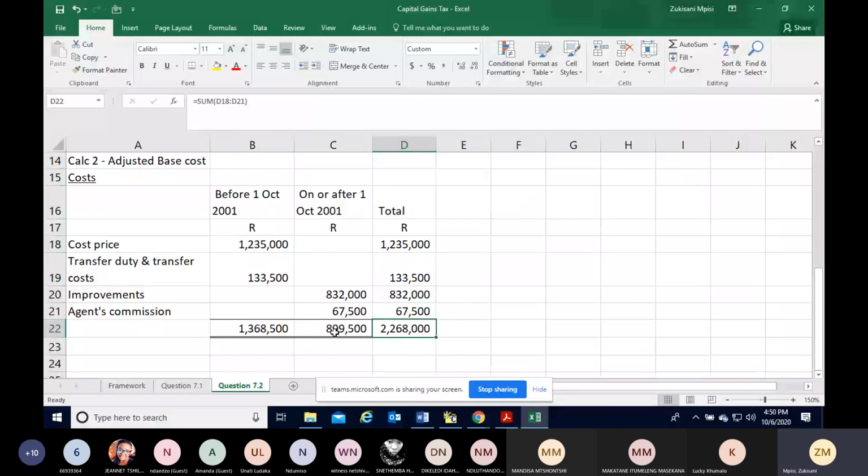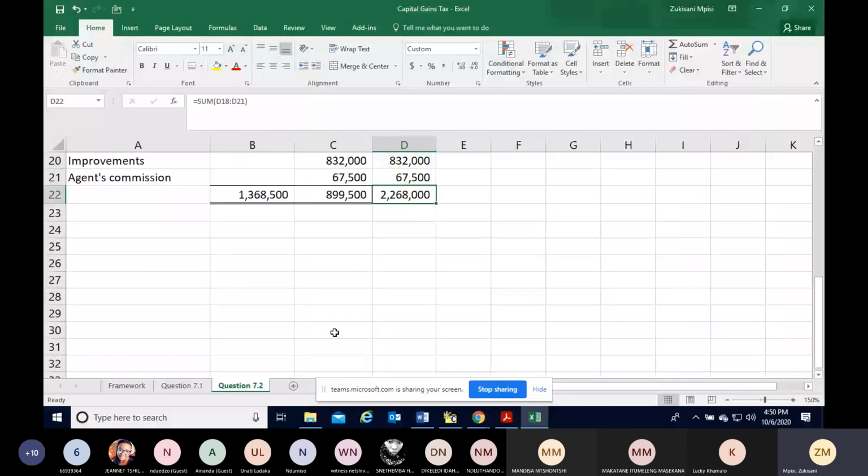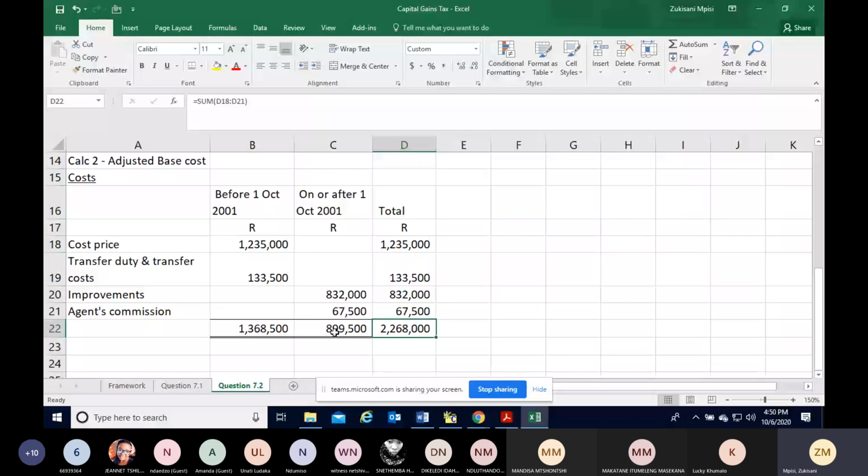But now we have to follow the principles of paragraph 26. And I need you to go with me very slowly in this case, because I've already seen that someone has asked me. So 26.1 says,